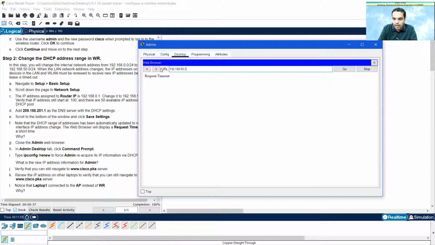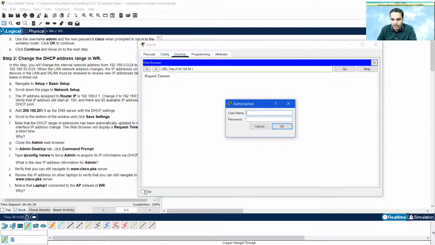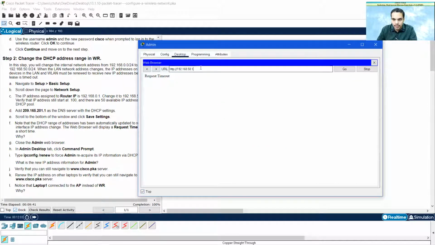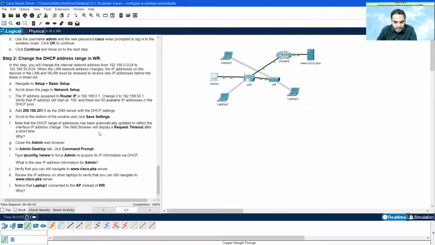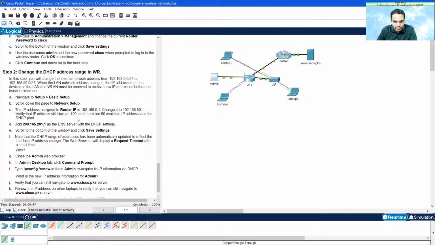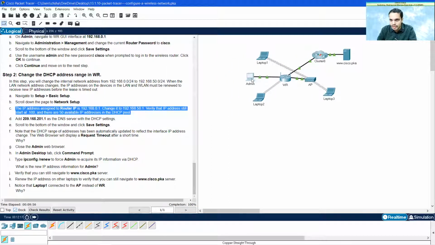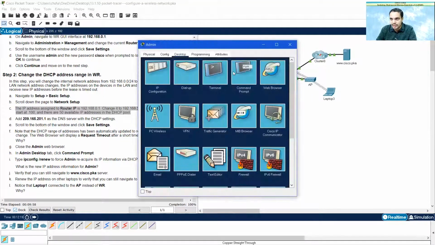If I type in 192.168.50.1, because in this step here I changed it. If you remember, I changed the IP address from 192.168.0.1 to 192.168.50.1. So that is the reason I can no longer use the old IP address. That means the default IP address is changed.